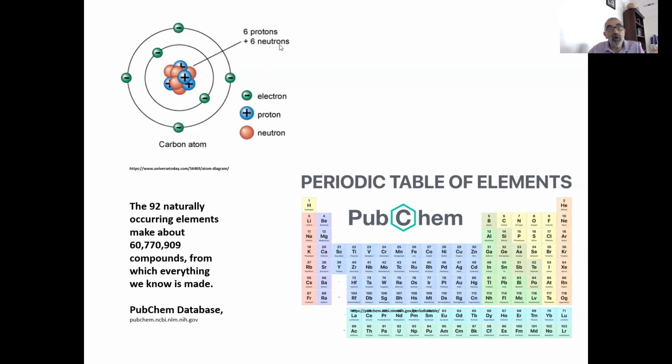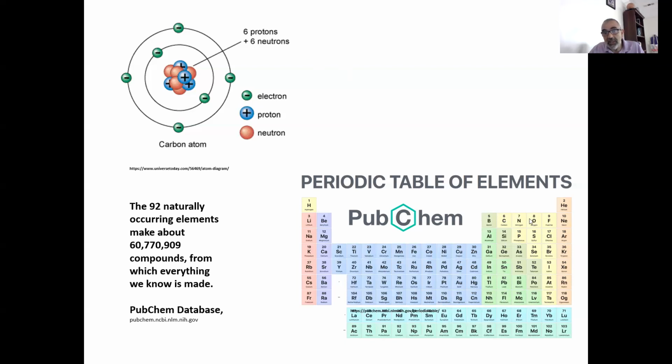So our common form of carbon, the vast majority of carbon in our bodies, is carbon-12, 6 protons and 6 neutrons. But there are other forms of carbon, like carbon-14, which has 6 protons and 8 neutrons, and that carbon is radioactive, and it is the basis of carbon dating. So when an artifact is unearthed, for example, in an Egyptology dig, and people want to find out how old it is, they look at the decay of carbon-14. Again, another sideline that's very fascinating that we won't be taking.